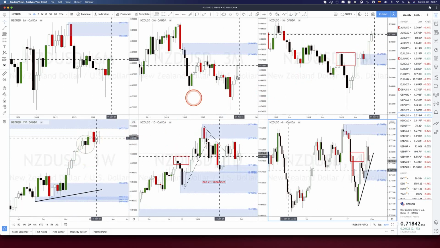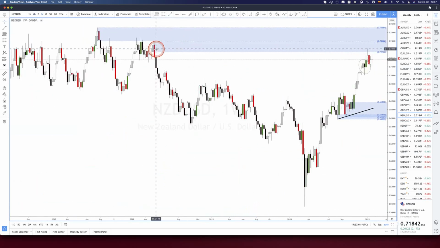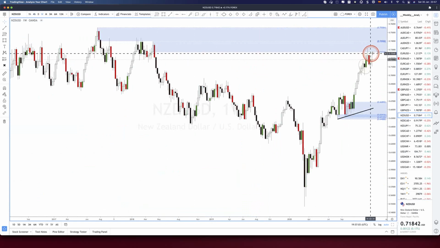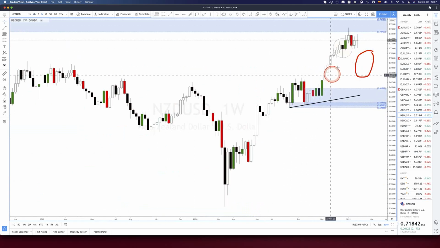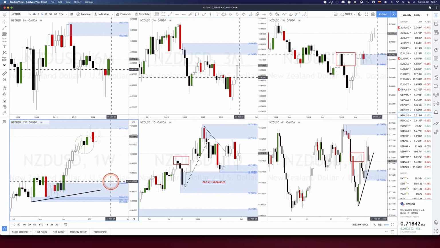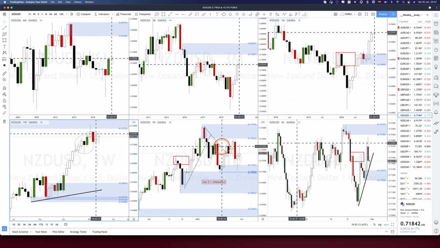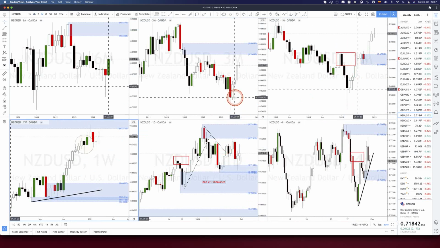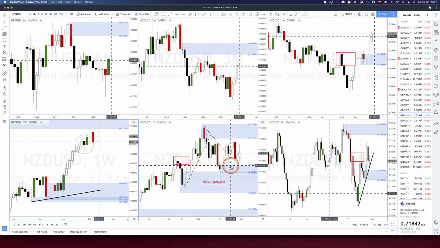Weekly area is supply. Weekly supply zone is in control. Bullish engulfing patterns, bearish engulfing pattern, price at balance. The strongest imbalance is down there at the monthly and the weekly. The daily is already out of alignment, so longs not allowed right now, even though that daily area demand is in control.